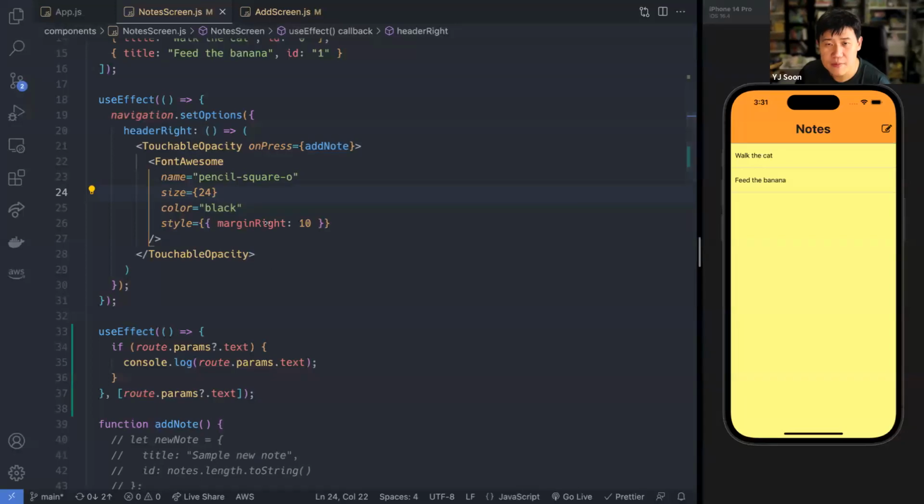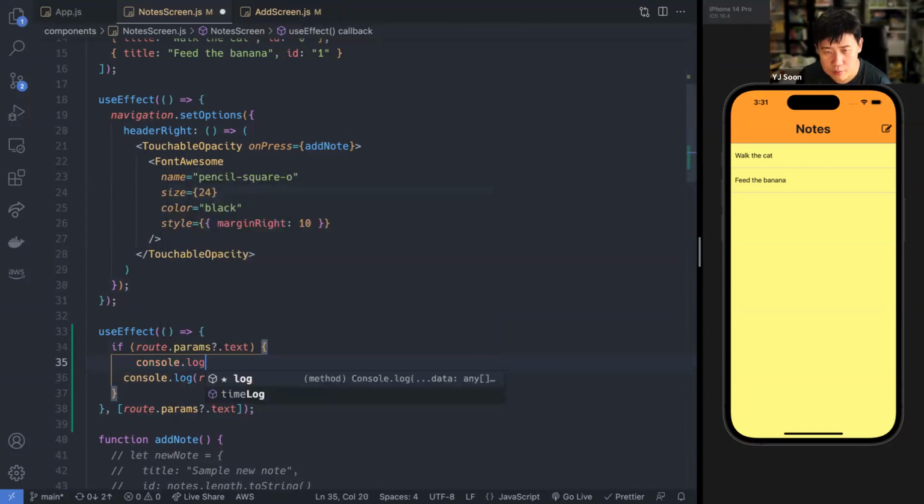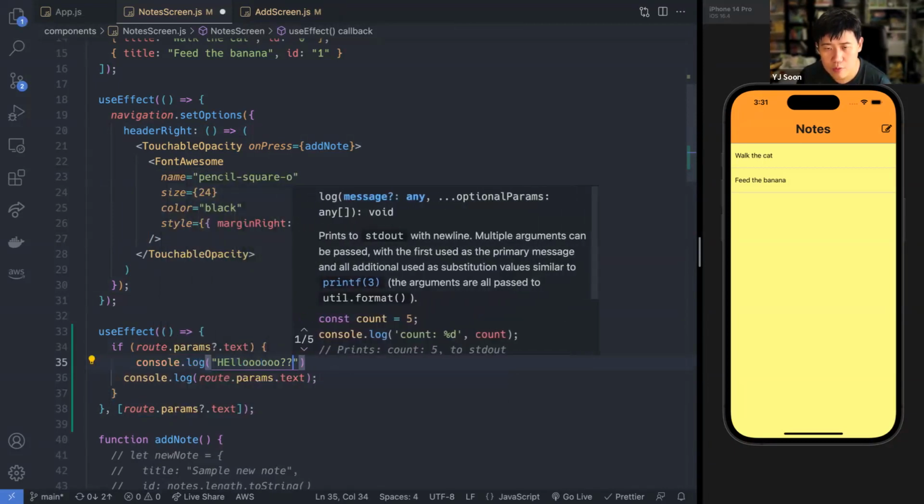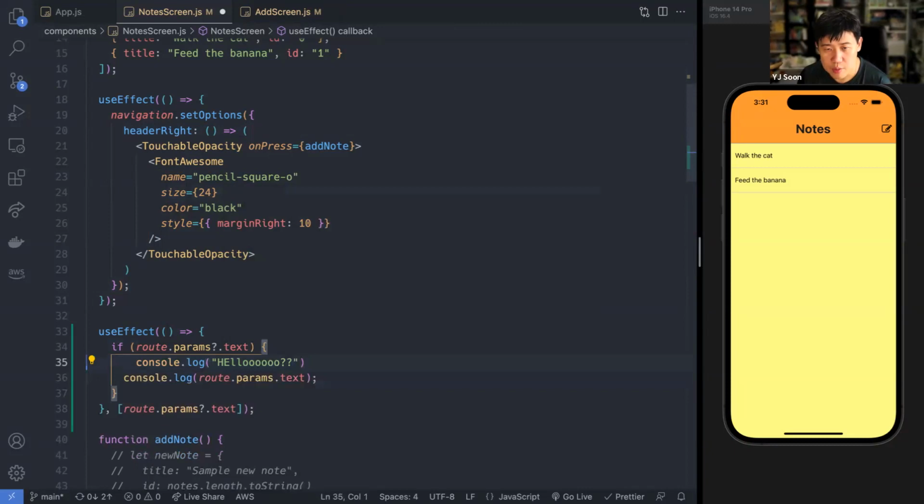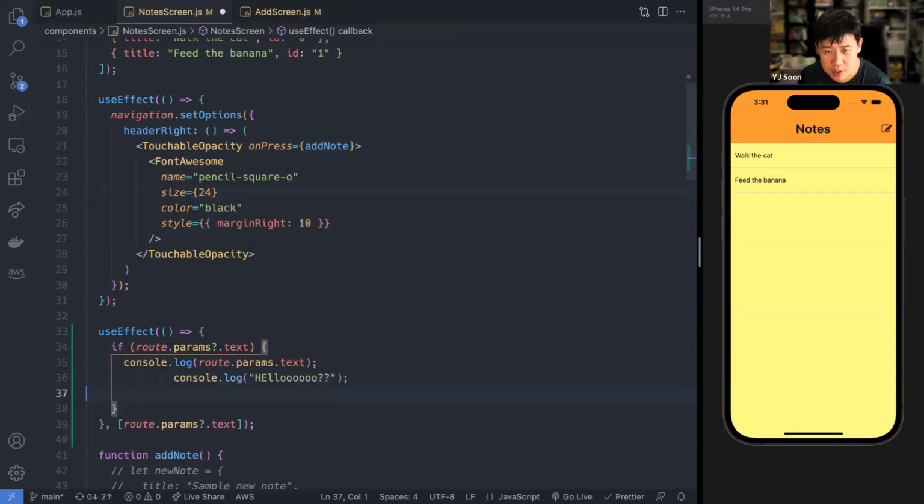But first, I think it would be good if we actually print something different out. So where is my note screen? Here it is. If I console.log hello, I just want to make sure that it's printing something new out.